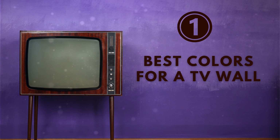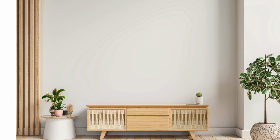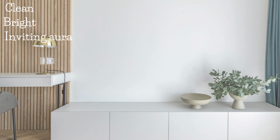We'll start off with the best colors for a TV wall. 1. You can decide to go for a neutral TV wall shade for a classic vibe. Some great examples of these neutral colors include a classic white TV feature wall, which is the epitome of timeless elegance. I recommend it because it radiates a clean, bright, and inviting aura that can make your living room feel